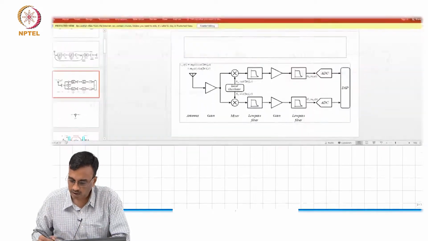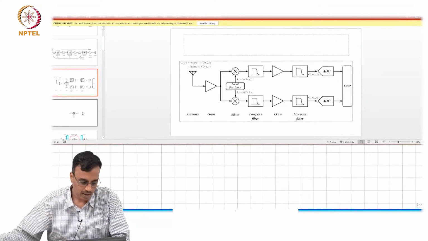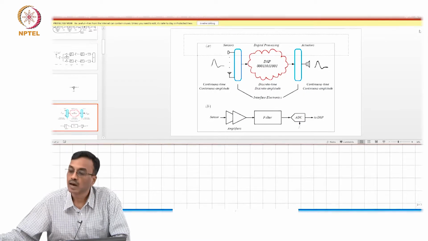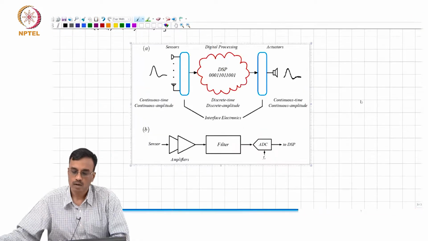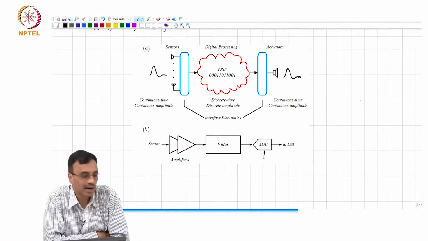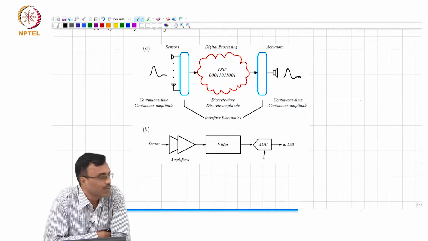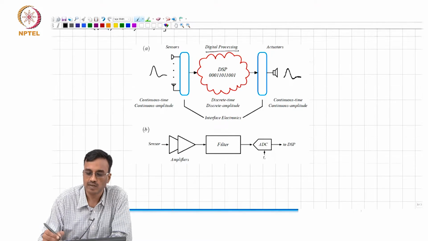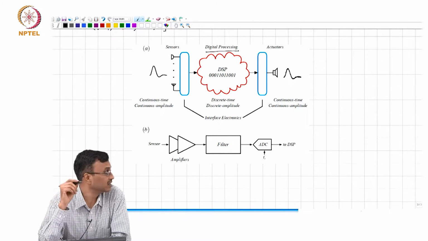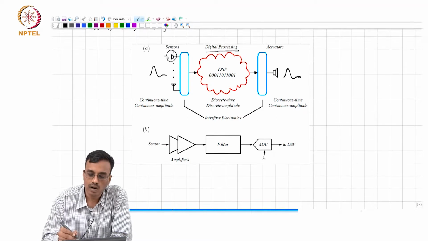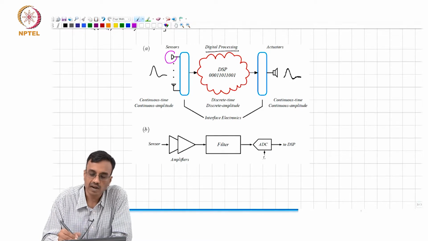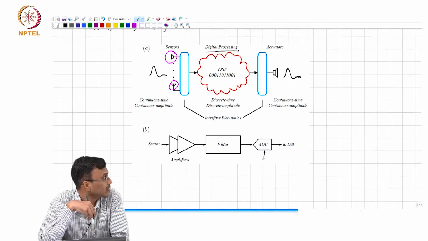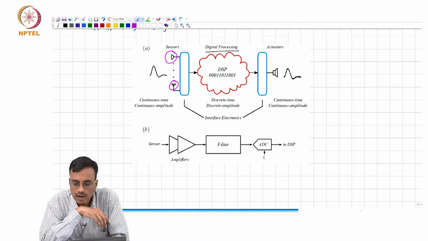Now, that apart, if you look at any electronic system today, this is the block diagram of any modern electronic system. You know that most of the information is eventually stored and processed digitally, but the real world signals that you were interested in, maybe audio, maybe radio, whatever, they are all in analog form, and so